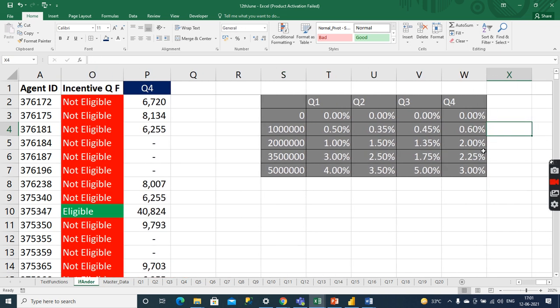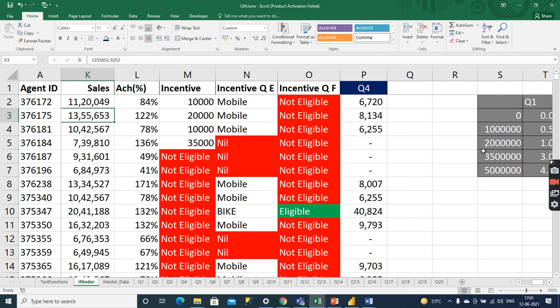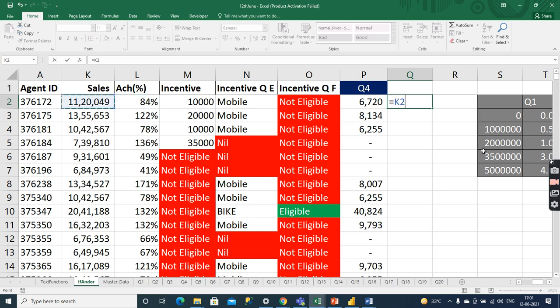So the multiplier factor will come, 0.60. So 0.60 of the sales value. If I multiply this by 0.60, you will get the same values. Clear?